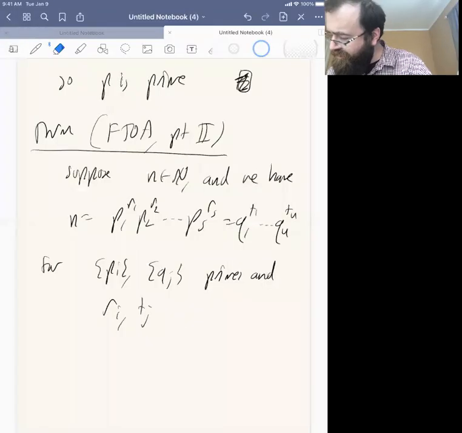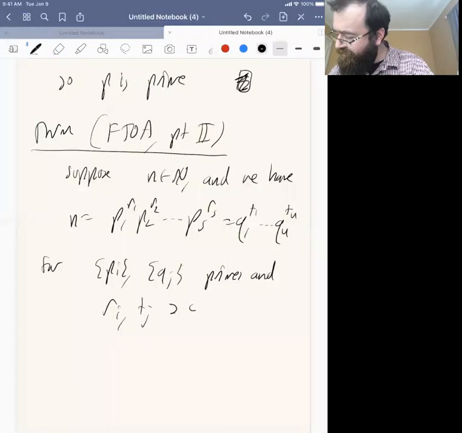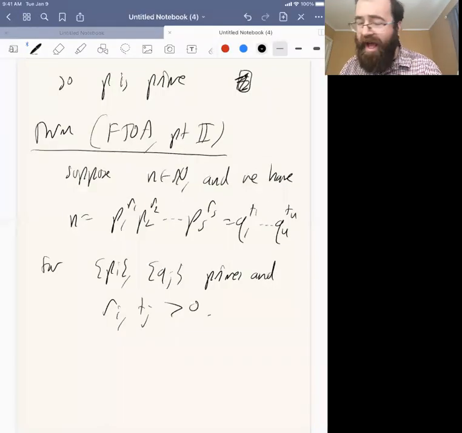I don't want to include 0 here because that would eliminate the factor, but rather simply greater than 0. So suppose I have two different ways of writing the prime factorization in terms of prime powers, then,